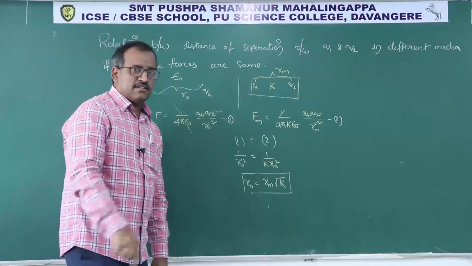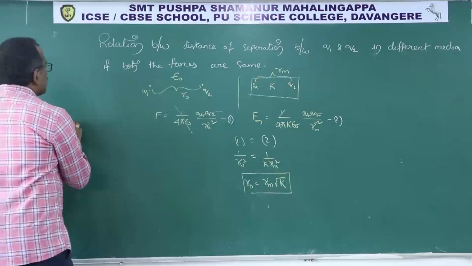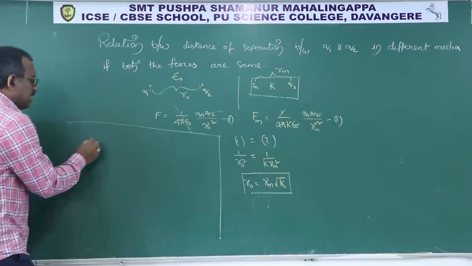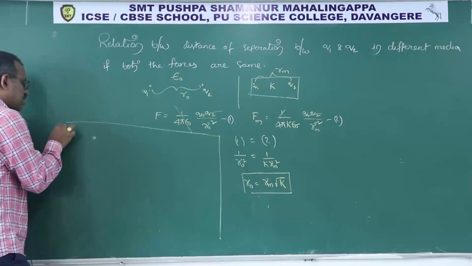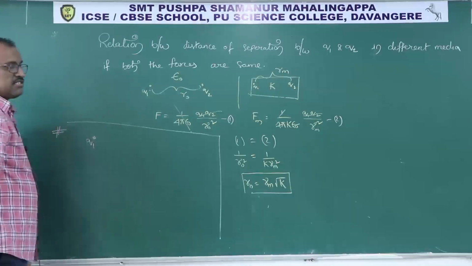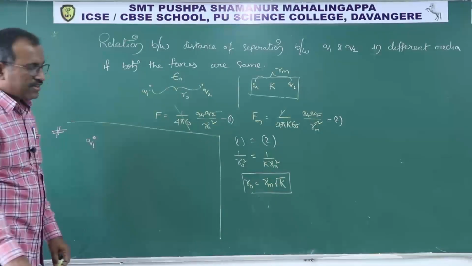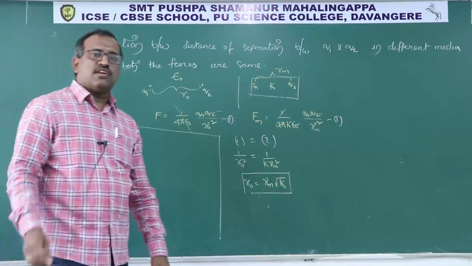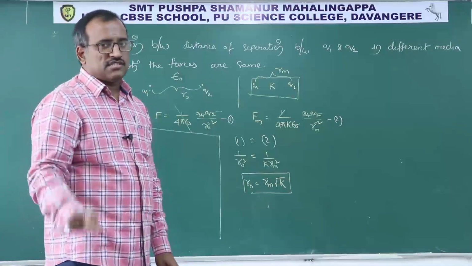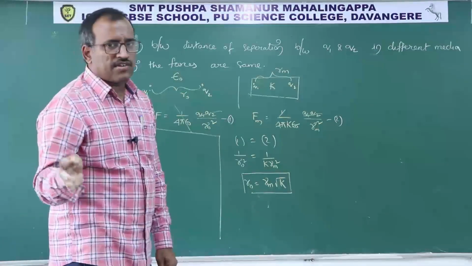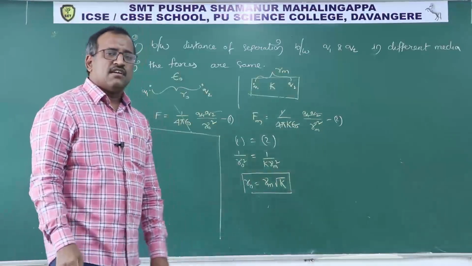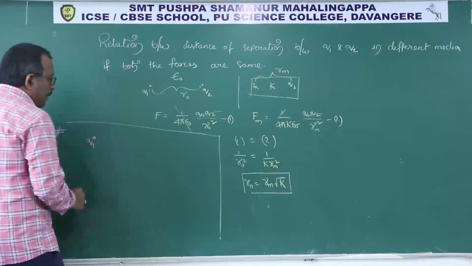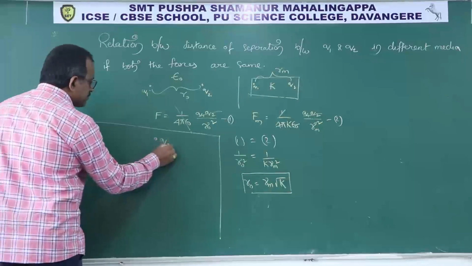So how can I handle this in a smart way? Let us do one question. They will ask you, there are 2 point charges, very, very important. Till now in NEET exam they didn't ask that. As I discussed, in my experience, for 4 years, whatever I discuss in exams, out of 45 questions, at least 37 to 42 are coming. So please try to understand what I am saying. This is Q1 and this is Q2.